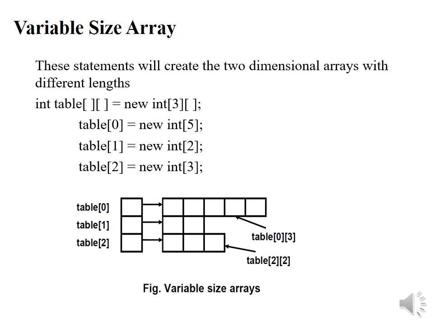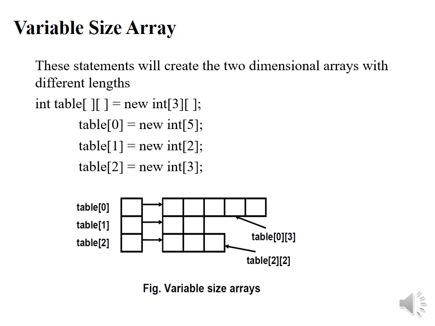So if you want to do like this, it is also possible. You may be able to assign a variable size array, particularly for this two-dimensional array structure implementation. So one way is the traditional way that we have studied, and the other one is this variable size array, and this is a more interesting concept that we should remember or that we should use